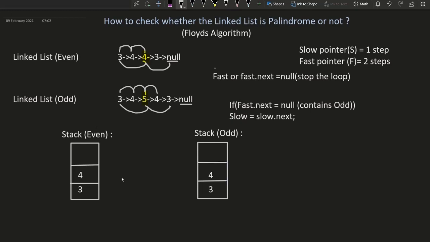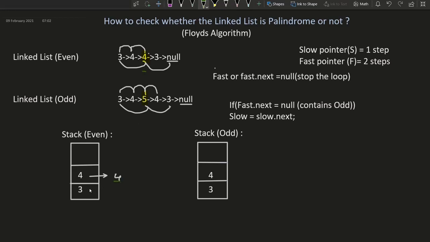So the next one we have to check is, I'm going to pop the stack and then I'm going to check whether the remaining elements are equal or not. So here I can check. Here I'm going to pop 4. I'm going to take 4, and then here I'm checking whether it is equal or not. You can see here 4 and then 4 are equal. So elements in the slow pointer, 4 and then 4, are equal.